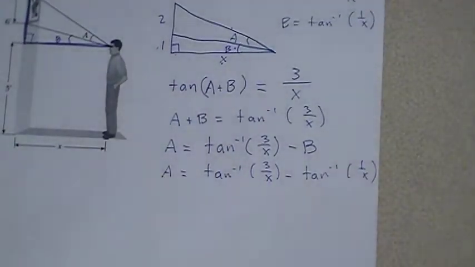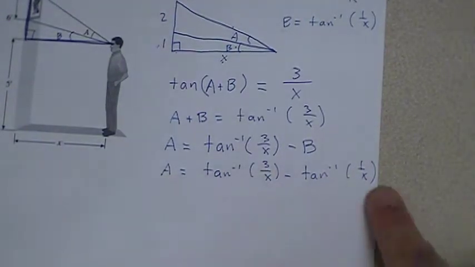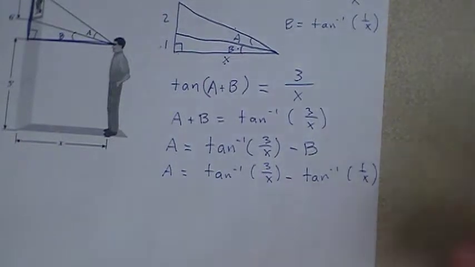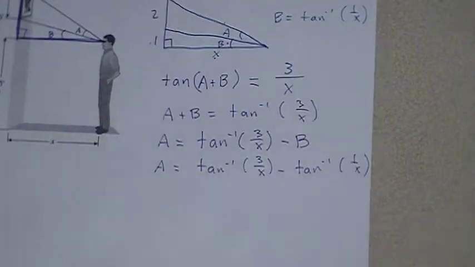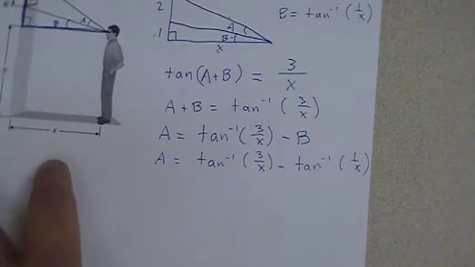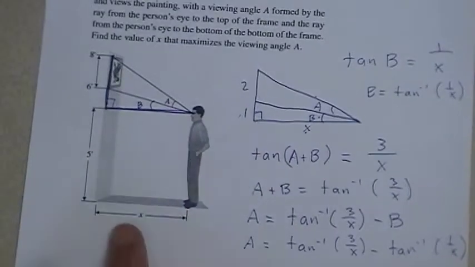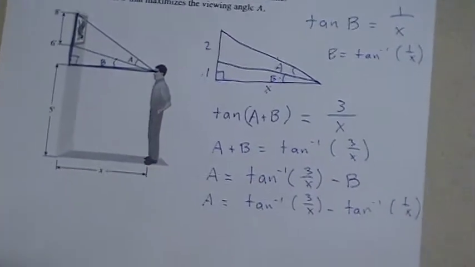And basically what we've done is we've turned this from a story problem into a problem that says, hey, here's a formula, here's a function, find the value of x where this function attains its absolute maximum. Because if we can do that, then what we've effectively done is we've found the maximum viewing angle, the value of x, the distance this person needs to stand from the wall in order to establish the maximum possible viewing